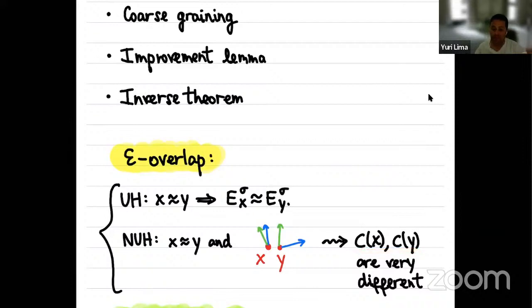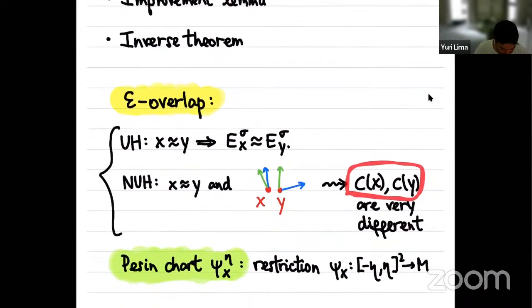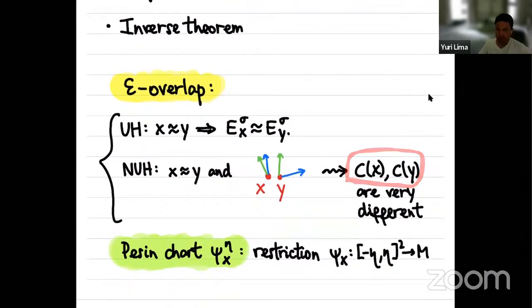For instance, if you subtract one from the other and you calculate its norm, this norm could be a priori very big. Why? Because they are defined by these splittings, and these splittings are very different. So how do we actually impose some condition in order to have these matrices close to each other? This is exactly the notion of overlap, to which we will actually need to consider an extra object associated